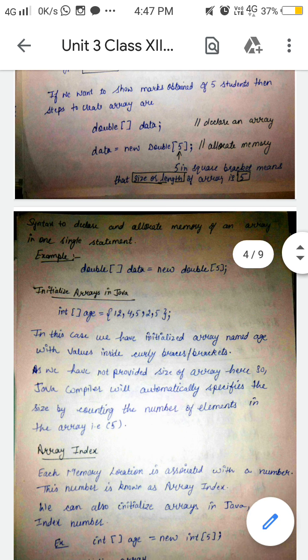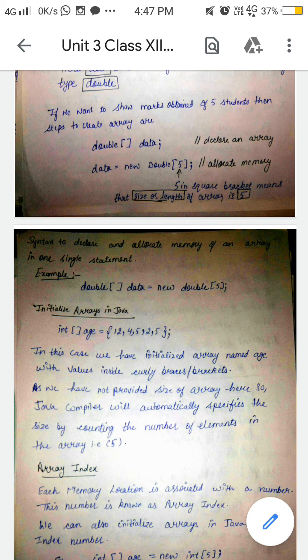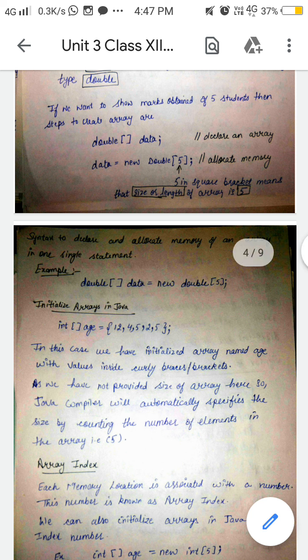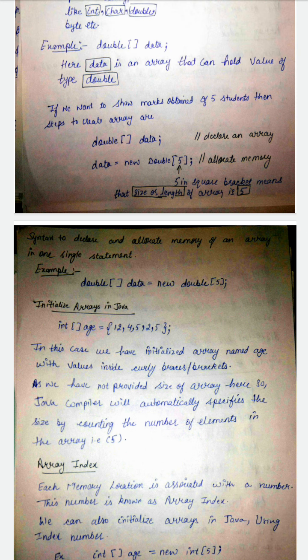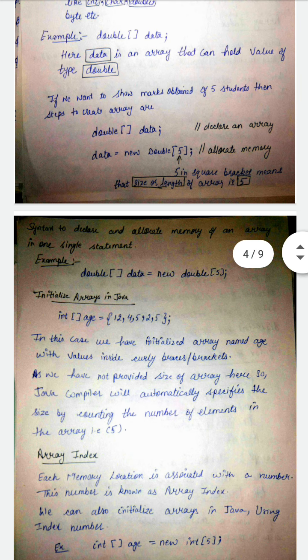Simply, firstly you write the array name is equal to new. The new keyword means that you are allocating memory to the values. Then you write double, that is the data type, and inside the open and close square brackets you write the total number of values which you want to store inside your array. Now this 5 in square brackets means the size or length of the array. So here the length of the array is 5.